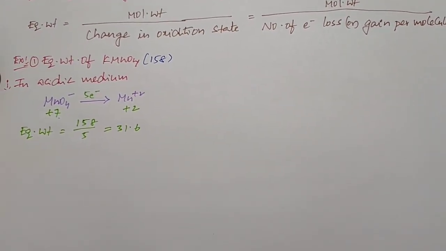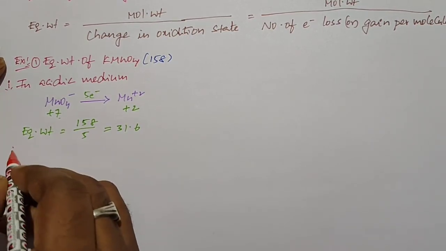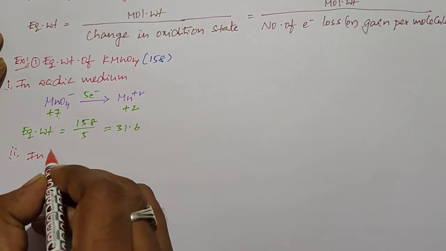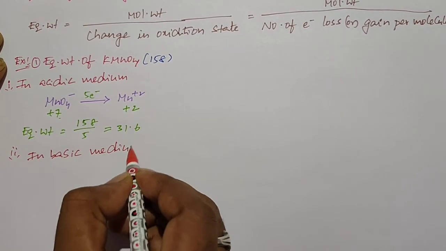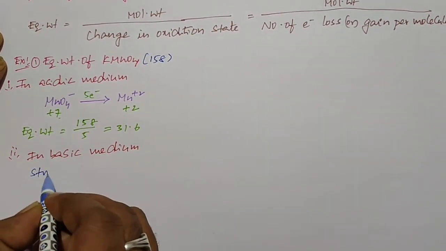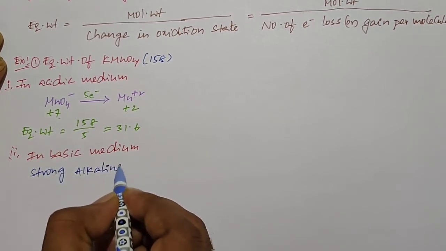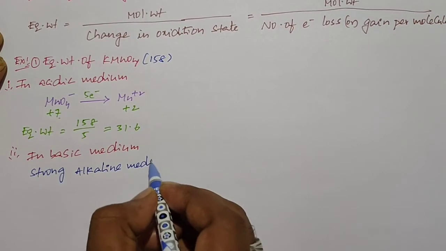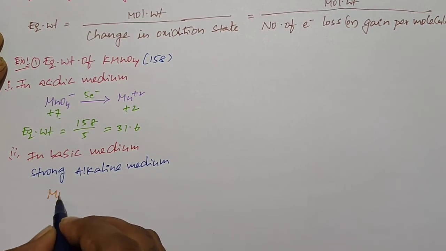So now I will take basic medium next. Basic medium, this we also call a strong alkaline medium. Okay. So in a strong alkaline medium, the reaction is that the permanganate ion is converted into